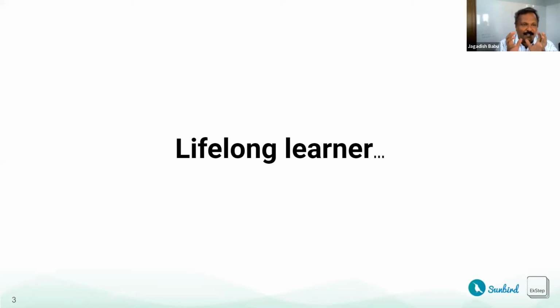Sunbird is a community developed platform. Each of the contributing organizations has developed these building blocks to suit specific needs. The architectural framework of Sunbird requires that these building blocks be generalized so that they can be used in different contexts. So when you hear about these building blocks, hear from the perspective of the contributor who has purposed it for a certain purpose. But the adopter can use it for a variety of purposes, and that's the perspective that I will unravel as we go in these 10 minutes.